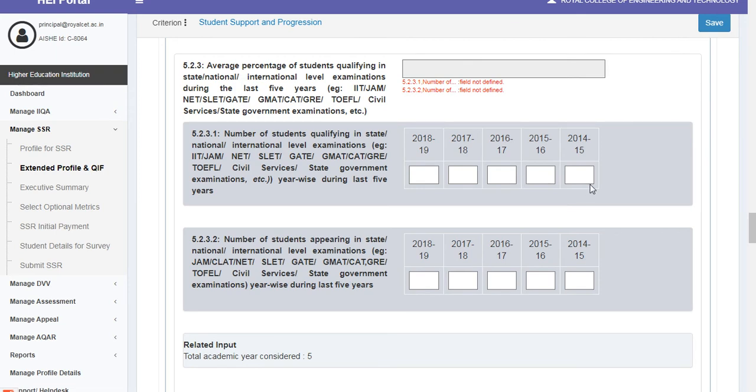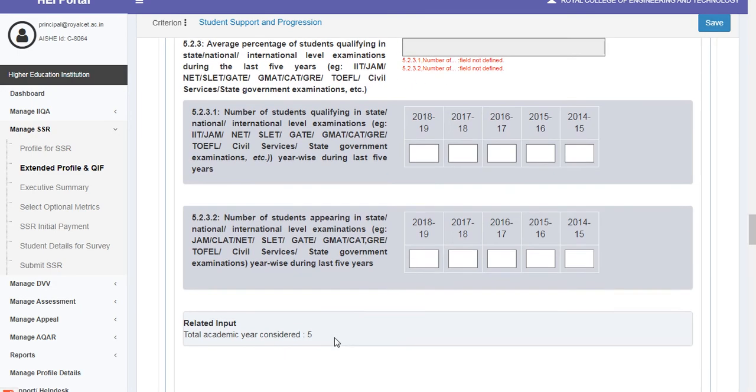You have to provide the data for both the sub questions for the 5 assessment years, then click on save button for the final response to be generated.